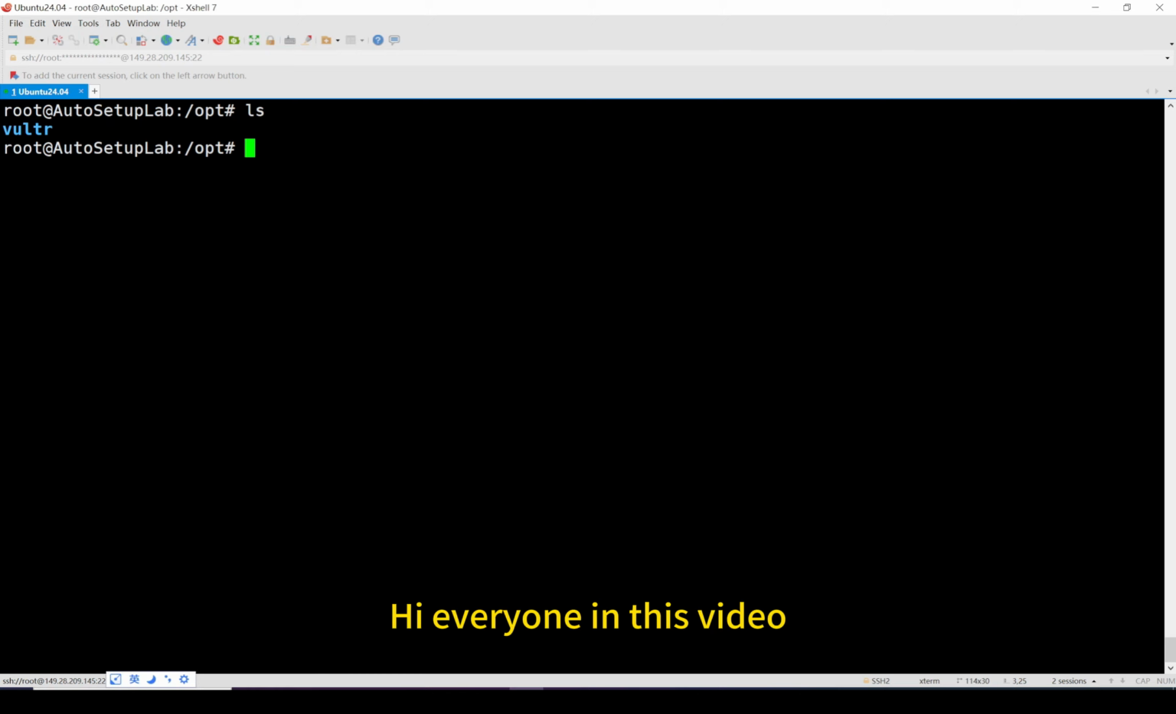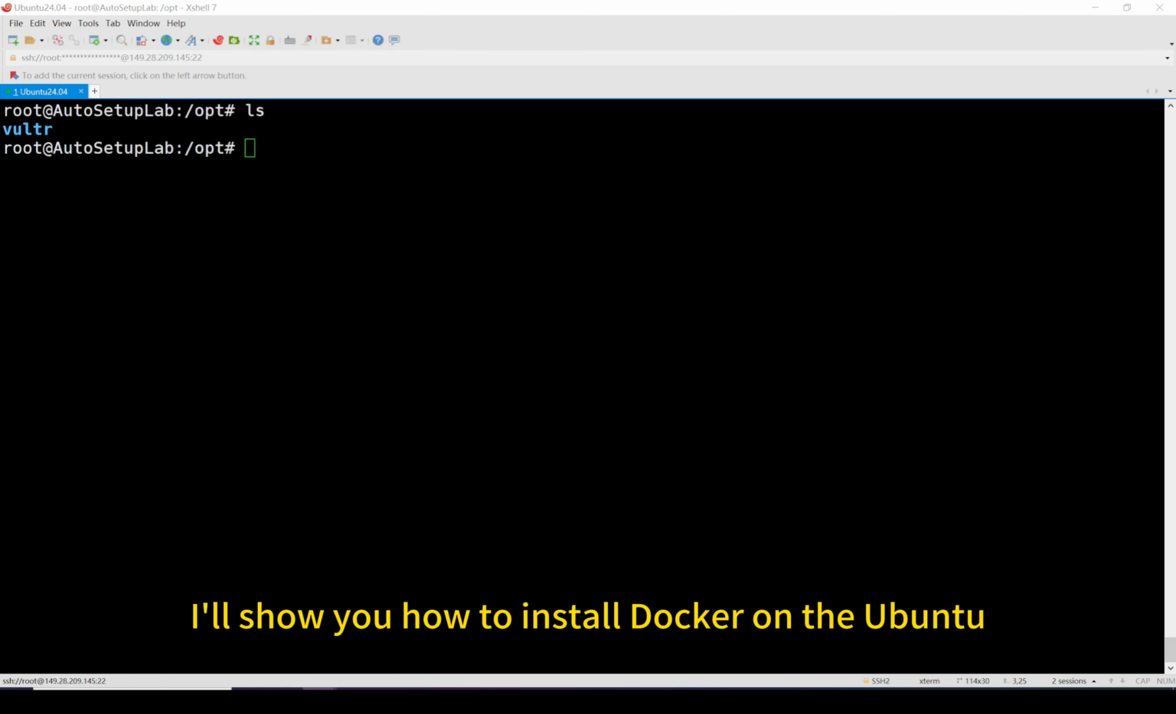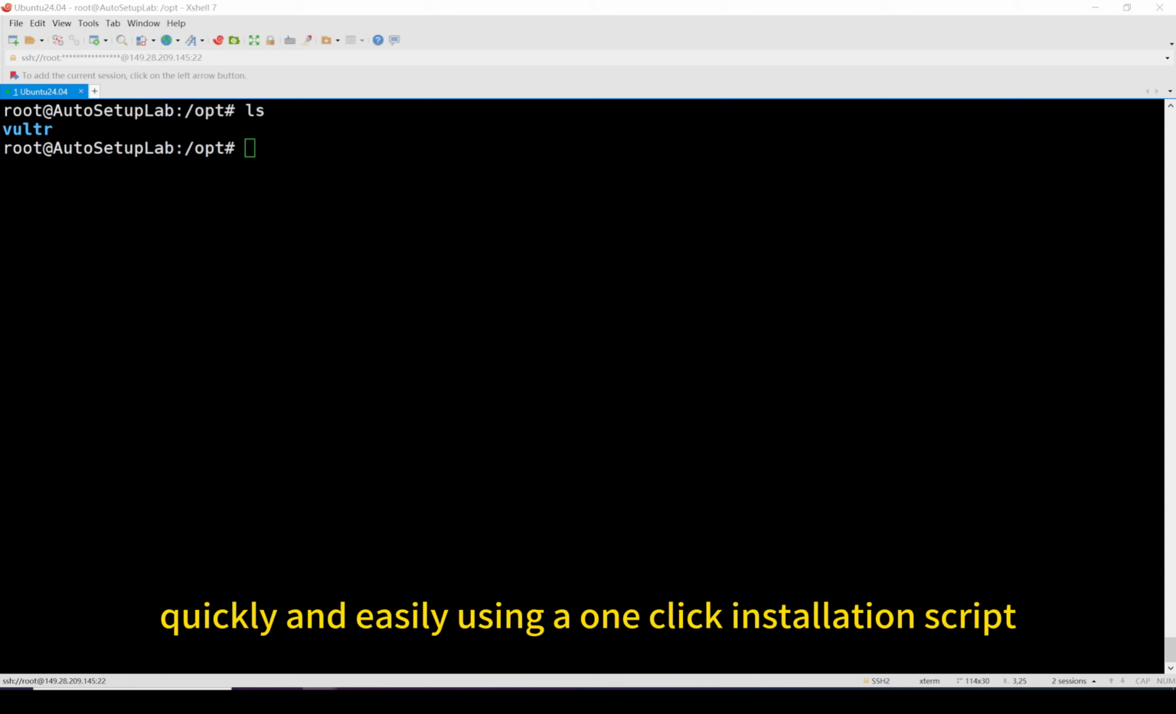Hey everyone, in this video, I'll show you how to install Docker on Ubuntu quickly and easily using a one-click